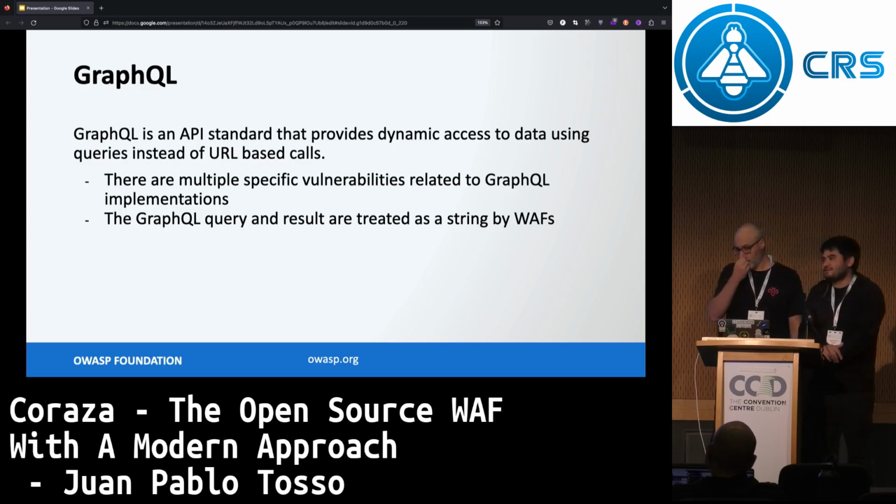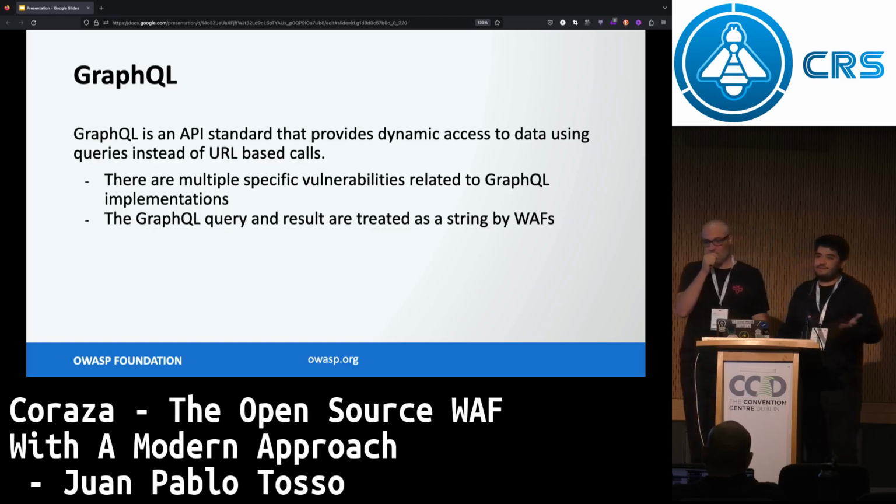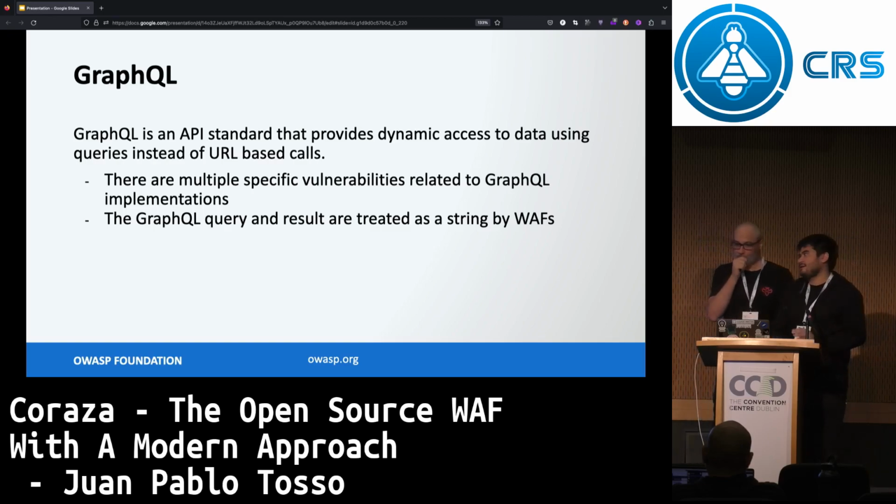GraphQL came to stay. It's basically a JSON structure that comes with a list of variables and a query, which is sent to the server. Instead of an API request, you send a query with the fields that you want and the variables for the query, and then you receive all the data you asked for.